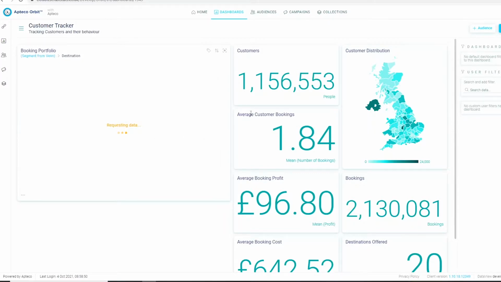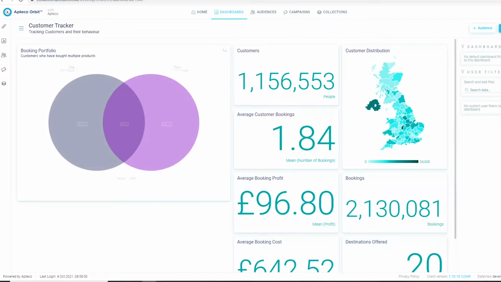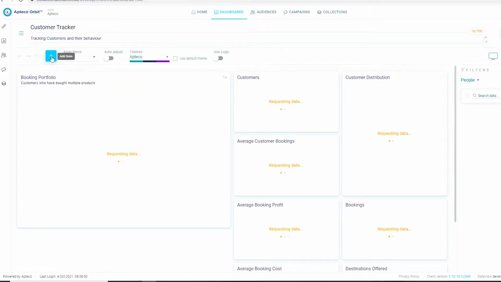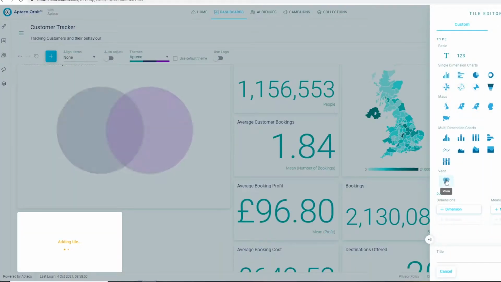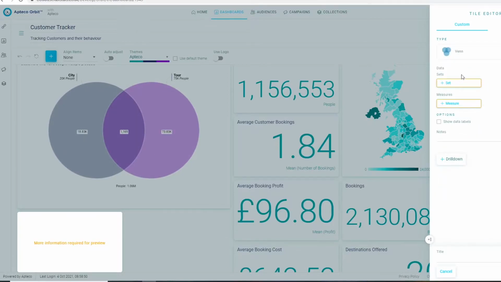So how easy is it to create a Venn? Let me show you. If I click on Edit to edit this dashboard, and then I can add a visualization, which is a Venn diagram. I can choose to add 5 sets to this Venn diagram. For this example, I'm just going to choose 2. So for set 1, I'm going to call this Brand A. And I'm really just to see how many customers have interacted with my Brand A and my Brand B on